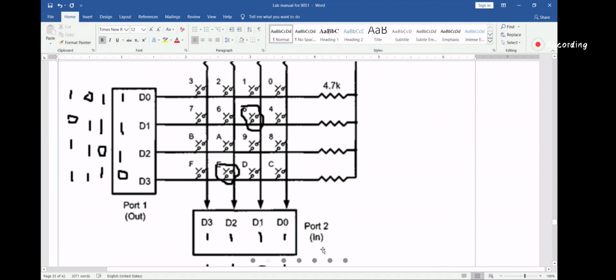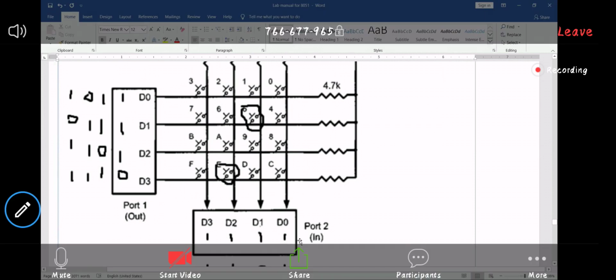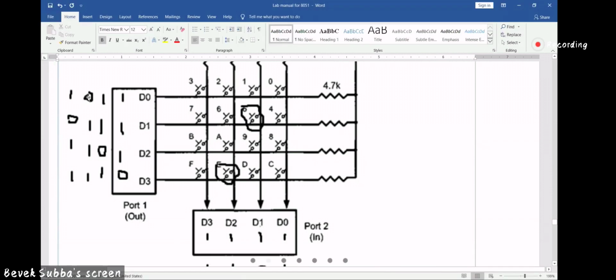What will be the value input to port 2? When 5 is pressed and I give 0, 1, 1, 1, what will be the value at port 2? It will all remain high only.